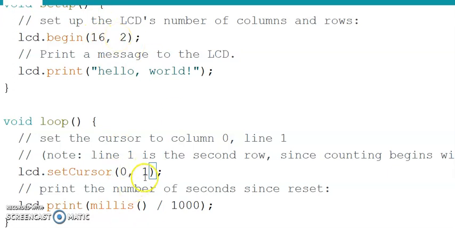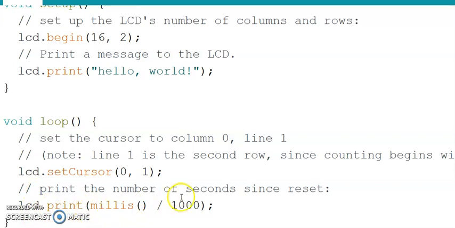So here, if you want to display on the second line, you need to provide 0, 2. So the message will appear on the second line. Obviously 0, 3 is not at all possible because we are going to use a 16 by 2 display only. Then the next is here, LCD dot print.